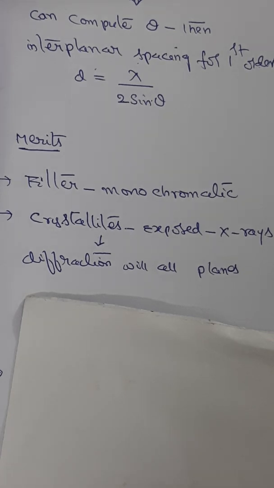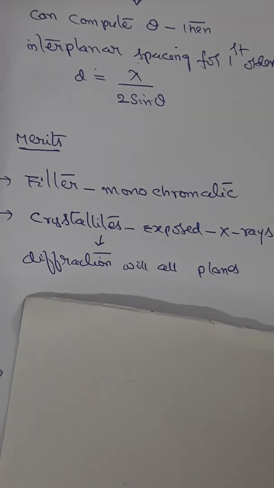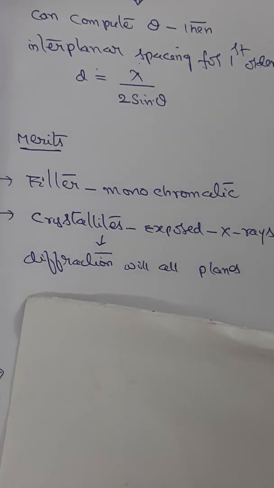the X-rays are filtered so that a monochromatic X-ray beam can be available, and that is made to pass through lead diaphragm pinholes, and the fine beam of monochromatic X-ray passing through the lead diaphragm pinholes is allowed to fall on the crystallites, which are taken in the form of a powder in a capillary tube, entering through the entry hole and falling on it. The whole apparatus is kept in a Debye-Scherrer camera attached with a film, wherein due to rotation cones are formed, and the diffraction angle or glancing angle can be calculated, and the transmitted X-rays are allowed to come through the exit hole.